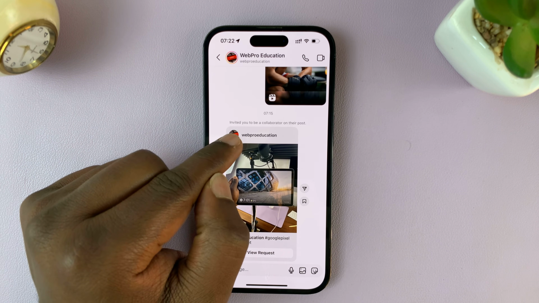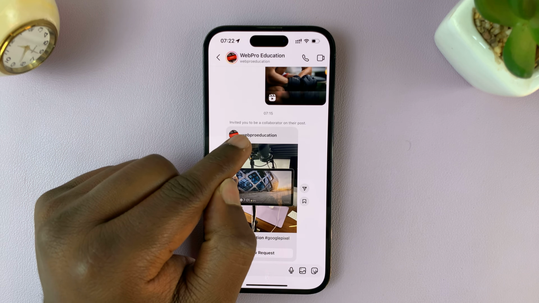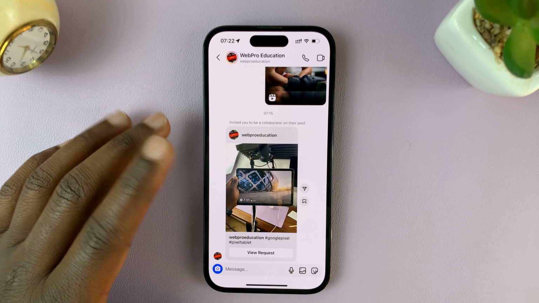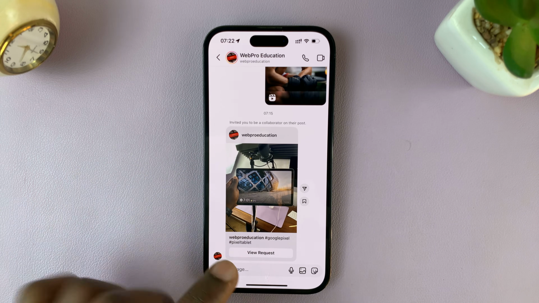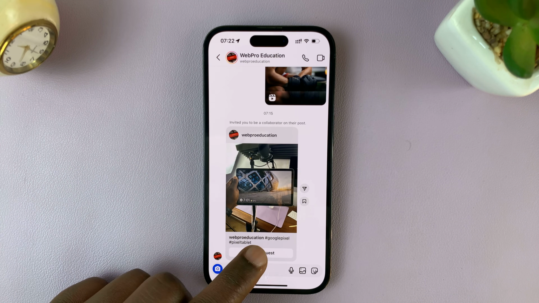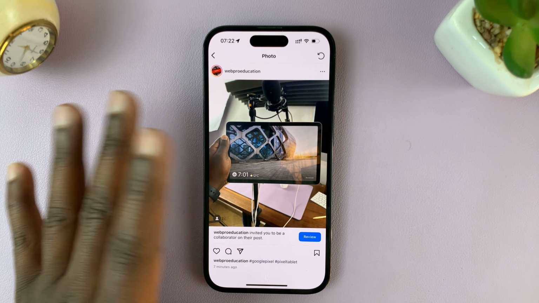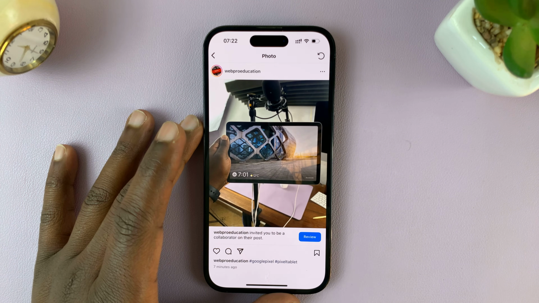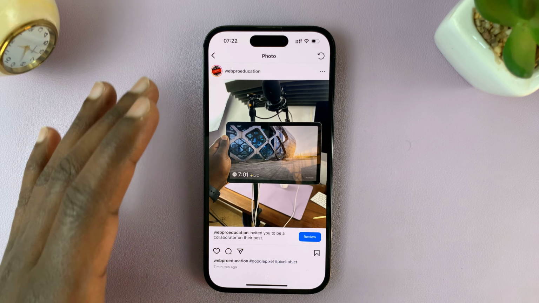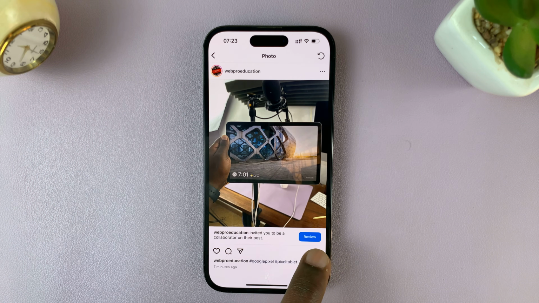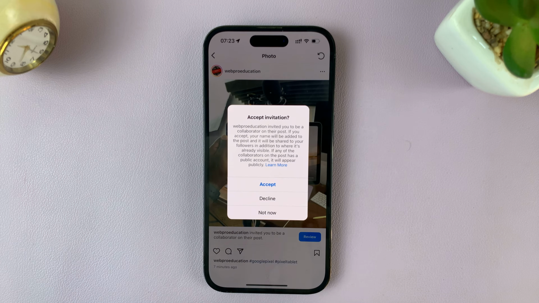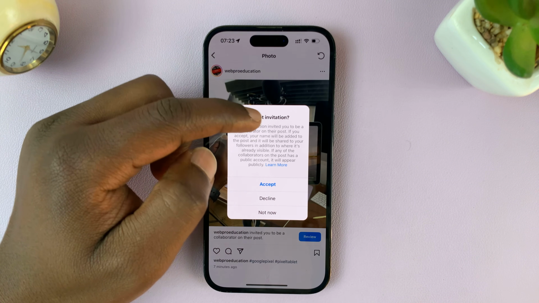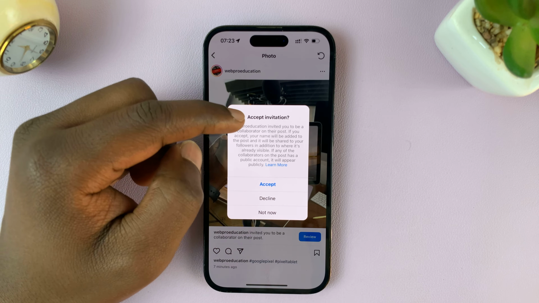It says, this user invited you to be a collaborator on their post, and it shows you the post, and you can tap on review request, look at the post, see if you want to accept to be a collaborator, and then tap on review, and then this little pop-up will appear telling me that that user invited you to be a collaborator on their